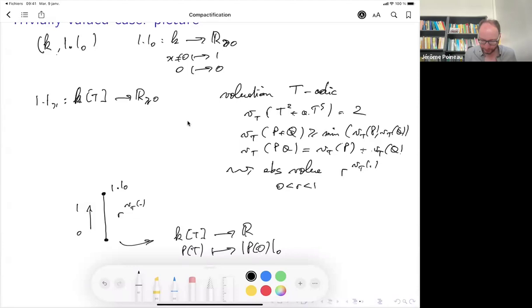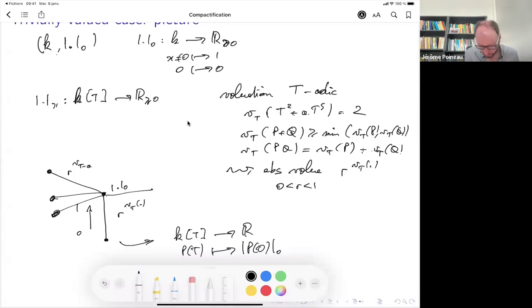And of course, here I just chose the t-adic valuation, but I could have chosen many other valuations. Like for any point, maybe a, I can do the same thing with the t minus a adic valuation. And I can do many branches like this that all look the same and that all branch onto this trivial absolute value here.